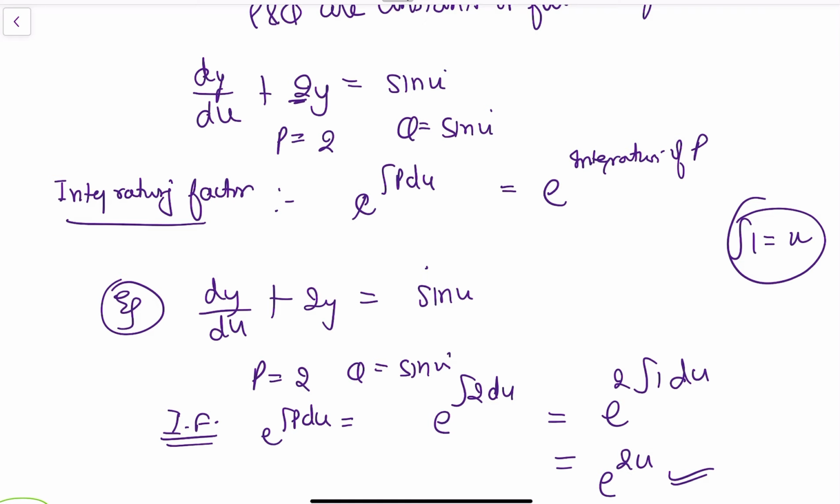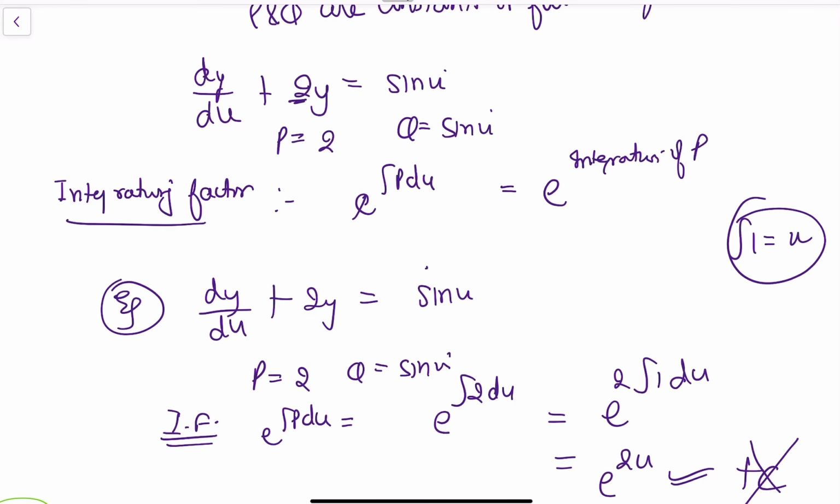Now some of you must be wondering that you should add c here, the constant of integration also. Definitely, whenever we are doing indefinite integration, we must add the constant. But here, because we have to take it in power, just for simplicity, we will not add the constant here. The constant we add directly at the end of solving the differential equation. In this case, we're just finding the integrating factor. You don't need to write the constant here.